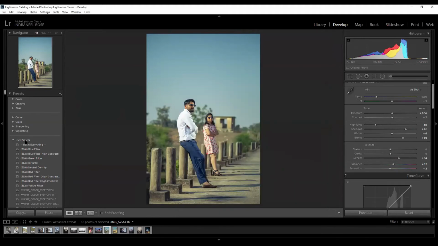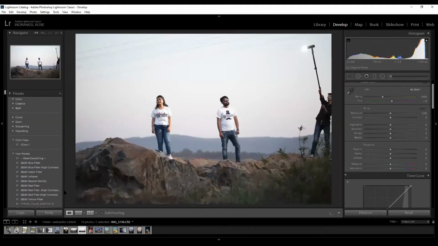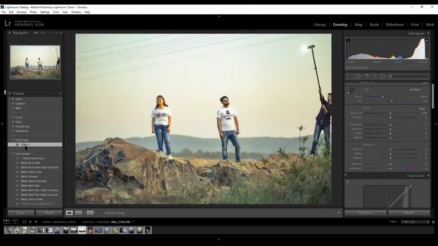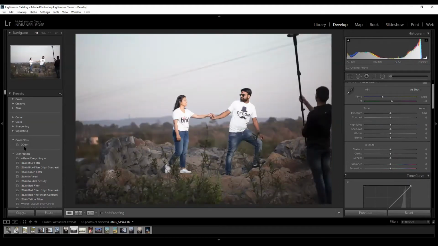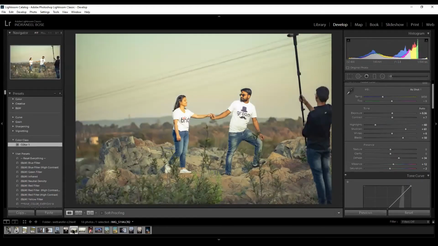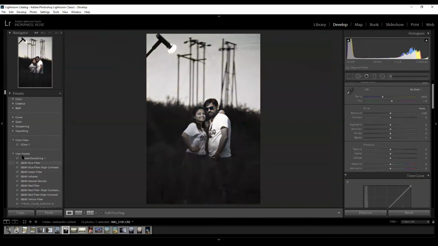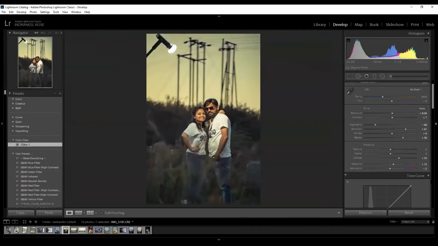Now see, I have a group over here with the grading color 1. So I each time don't have to copy and paste. I have just made a preset of mine which I can check and see on all the images right now. See this, this, if you want this also, see. So you can create your own. If you find it suitable, nice for you, you can go ahead with it.